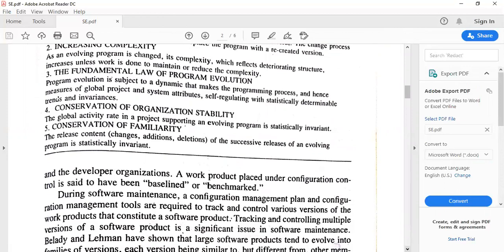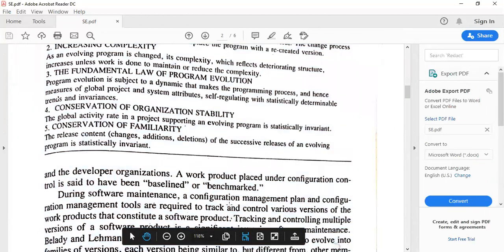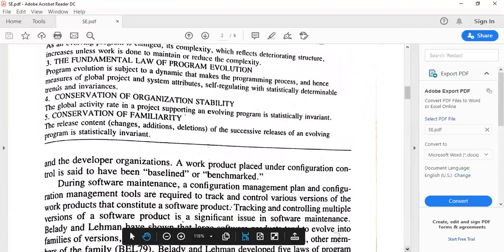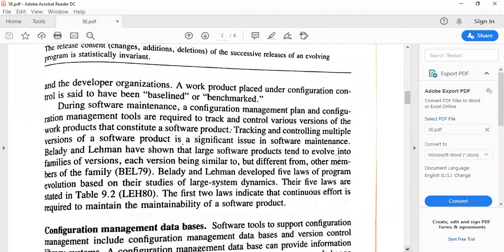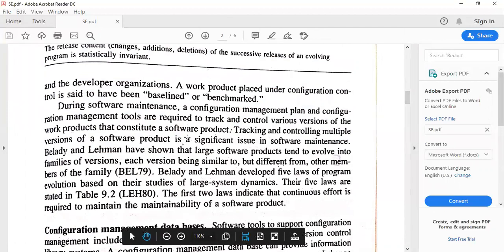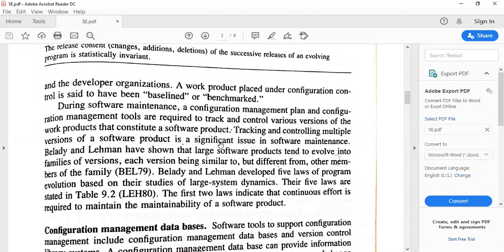So during software maintenance, we have a configuration management plan and configuration management tools to track and control the various versions of the work products that constitute a software product. After the software maintenance phase is entered, your first version is delivered.